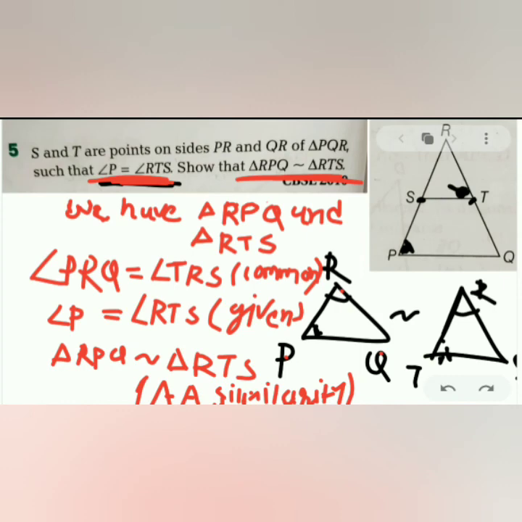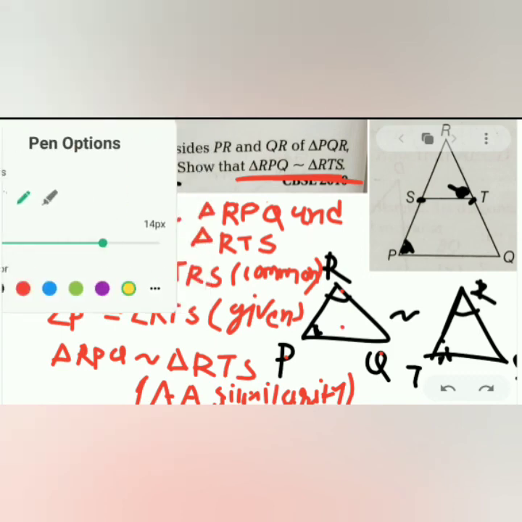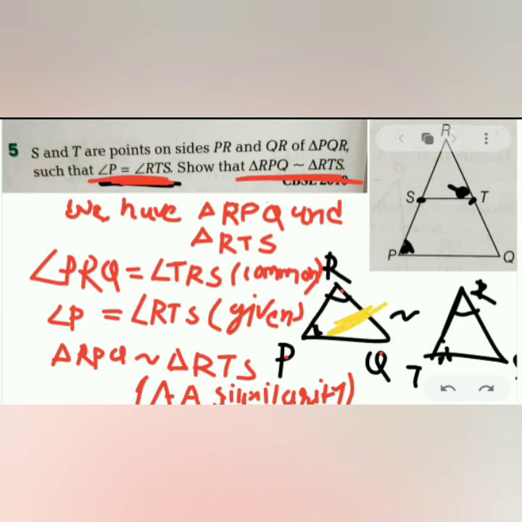I am giving you a detailed question on how to write it, so you can write from there. Hence this question is proved. This question was very easy. You do not have to do any hard work. You just have to take out two figures, as I have drawn over here, and draw them differently, and find that R is common. So we just wrote R is common, and then whatever is in the given we can see over here, and then directly we used the AA similarity criterion, and easily it is proved. That is a very easy question that you can write by yourself.